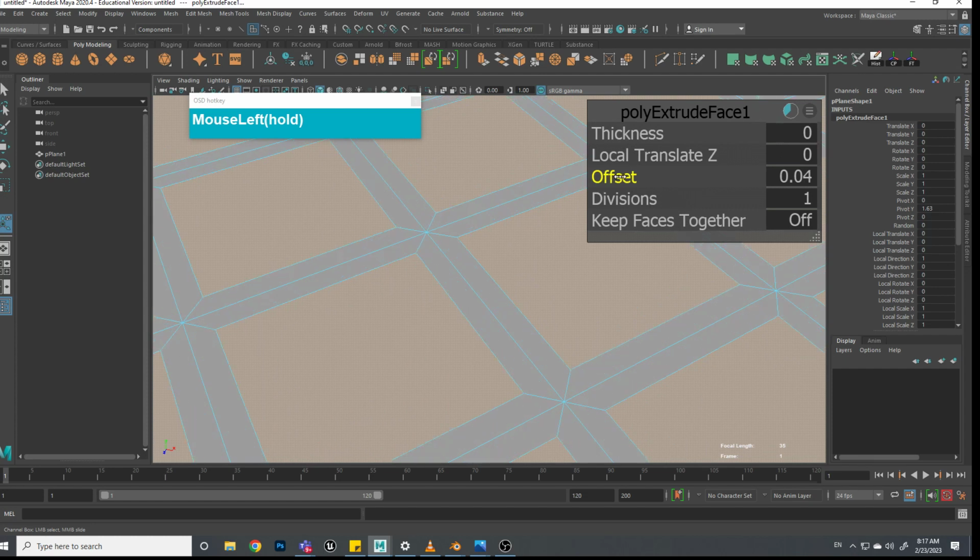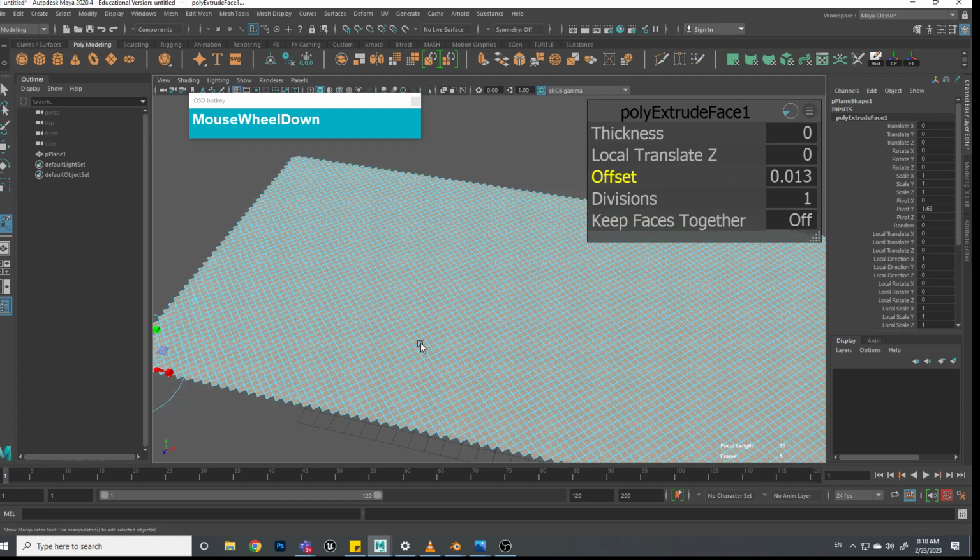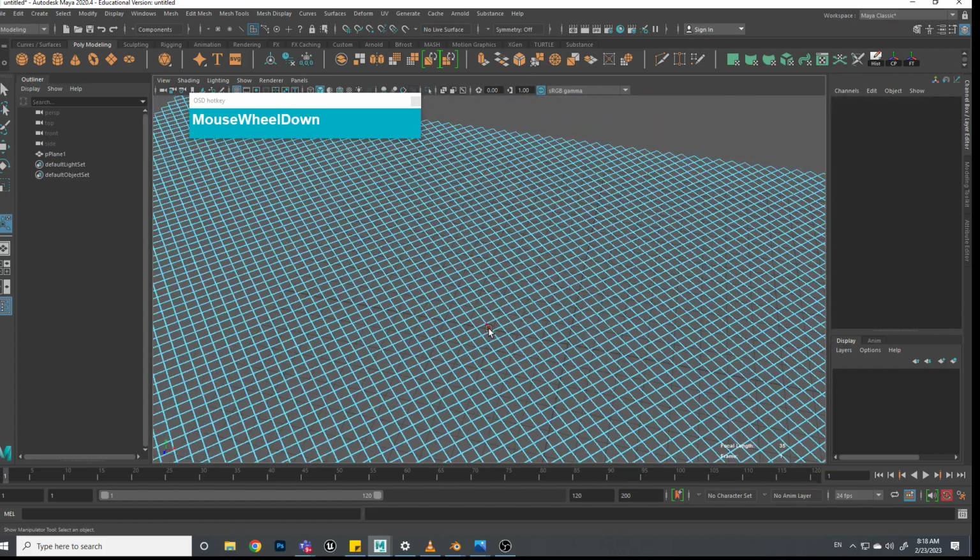Okay, if your offset is too sensitive, just click on this pie menu to bring it down to the bare minimum. So you want to offset it until you can see a fine edge like that. If you want your holes to be smaller, then of course you offset it more. If you want your holes to be bigger, then you offset it just a little bit. I think this is looking good for me. Then with the offset done, we can just press delete to delete away the faces, and then we have